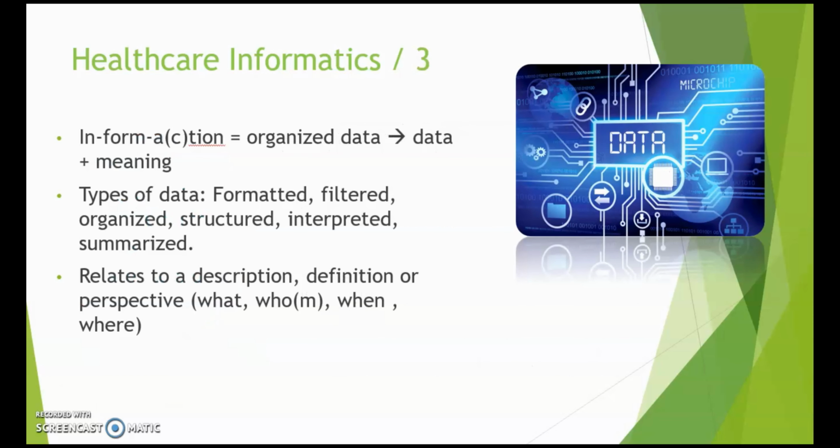Part 3. Information is organized data, which in turn means that it is a combination of data and meaning. Now, in this analysis of the word, I spell information as in plus form plus action. I want to mention this because the form part means to shape, to create a shape. So to organize data in a perceivable external and internal form, a container, a box that we can, of course,